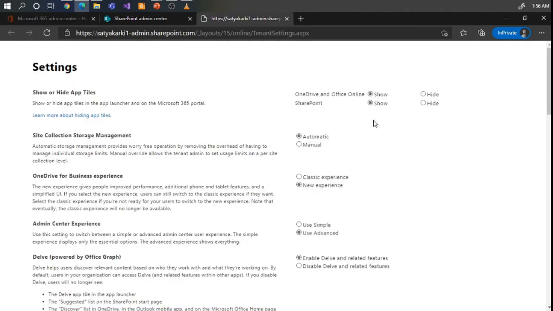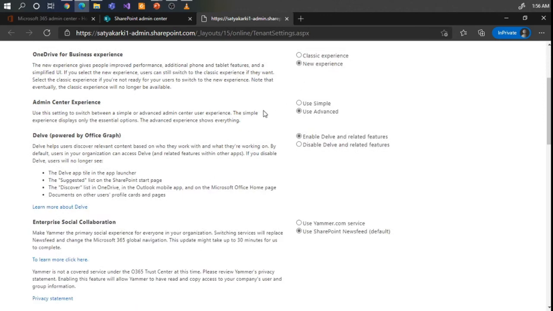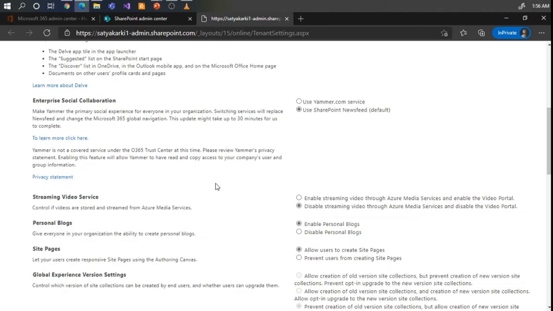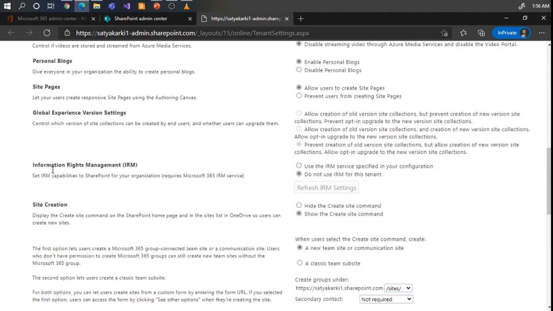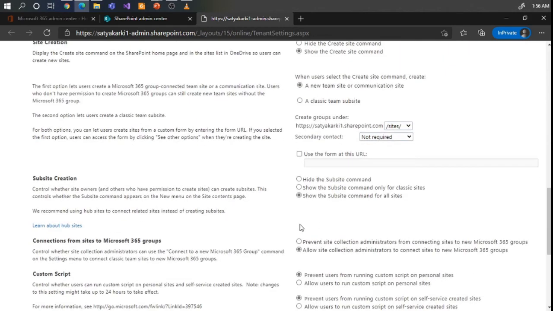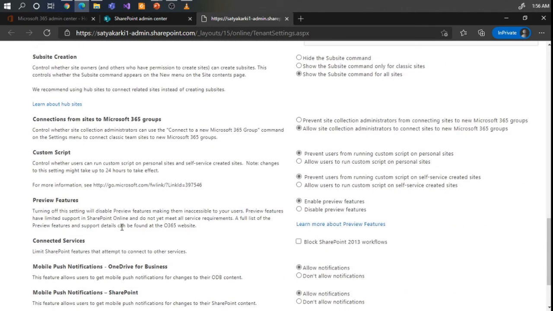So here there are some settings like the OneDrive and SharePoint show/hide option, SharePoint storage management, classical experience of OneDrive, and there is related video streaming, personal blogs, site pages, global experience, version settings, and site creation. Then there are also some important settings that developers need most of the time, like custom scripting and preview features.